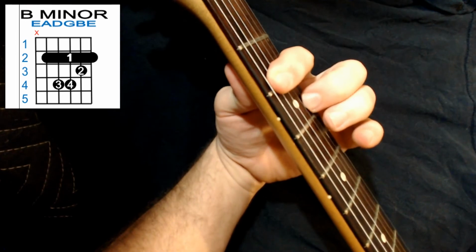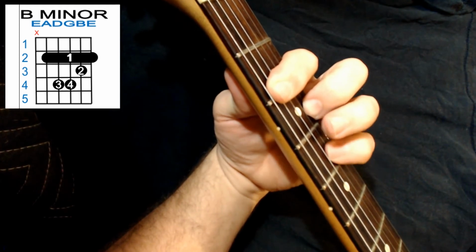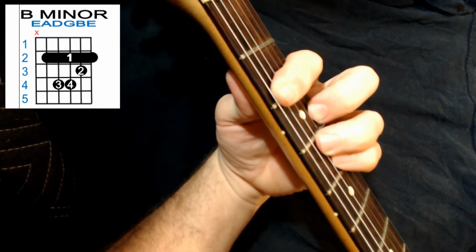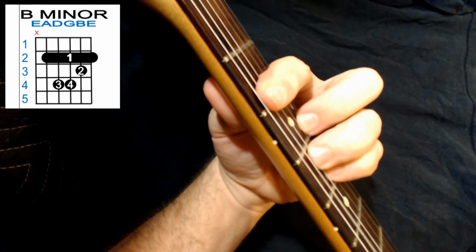And then we're going to put our middle finger down on that third fret of the B string, our pinky down on the 4th fret of the G string, and our ring finger on the 4th fret of the D string, and we end up with